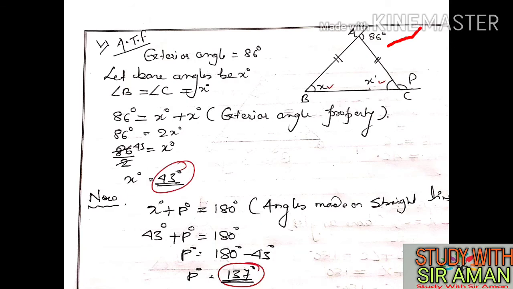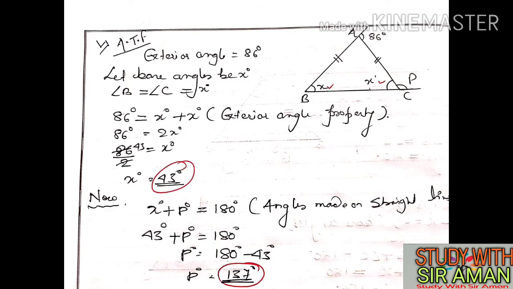now figure number 5, 86 degree. Can you mark it? Where is 86 degree? 86 is exterior angle. Okay, and two sides are equal. You can write the name or you cannot write the name, both you can do as you wish. So angle B and angle C is base angles, so we can write let base angles be x, angle B and angle C is equal to x.